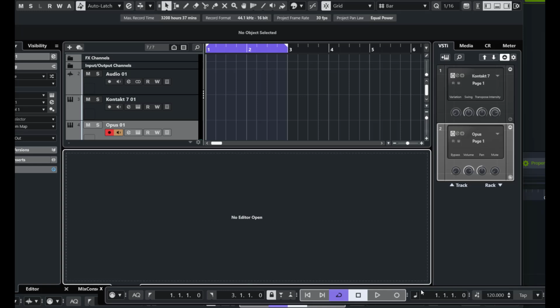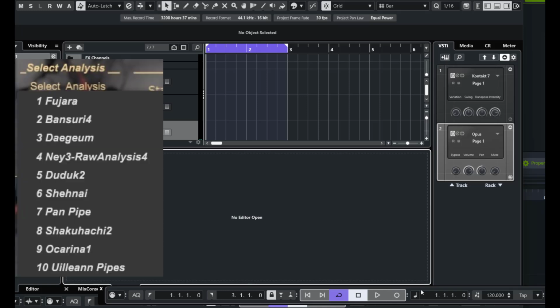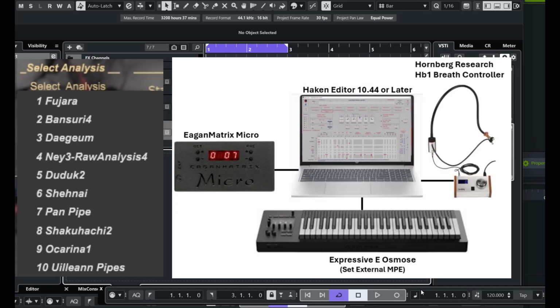Let's go through my process of taking some ethnic wind samples that I will record in a DAW, create WAV files, and then load them into the Loris Synth application to convert them to EaganMatrix additive format that I'll then load into an EaganMatrix Micro to create a little resynthesis library that I will control with an Osmose playing on the keyboard, but also use a wind controller, in this case a Hornberg HP1, to impose more wind-like dynamic control